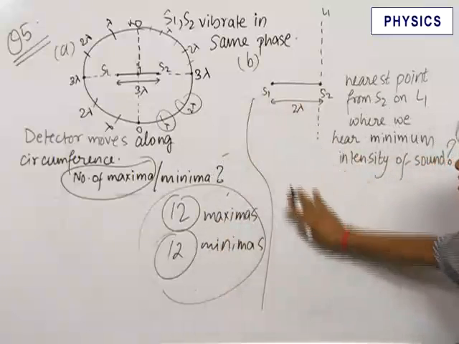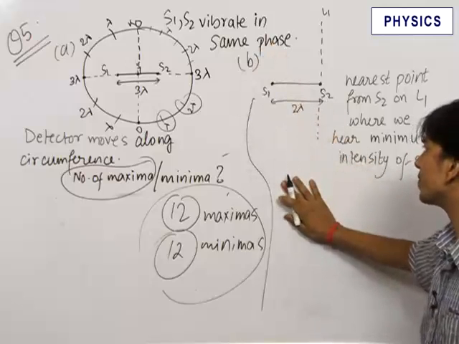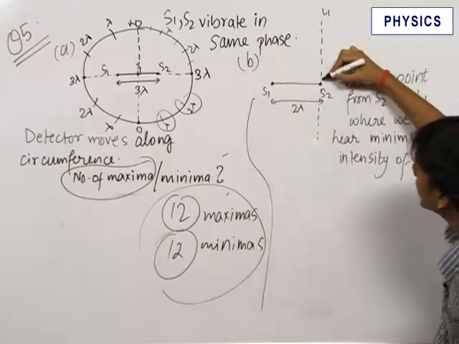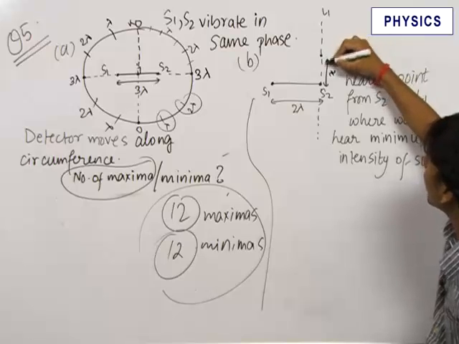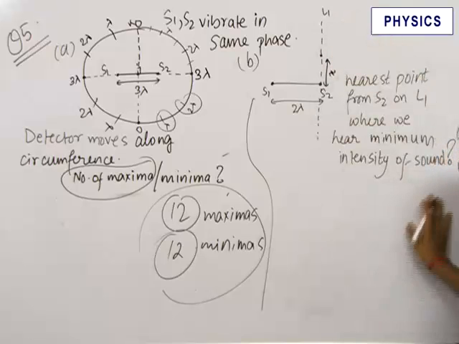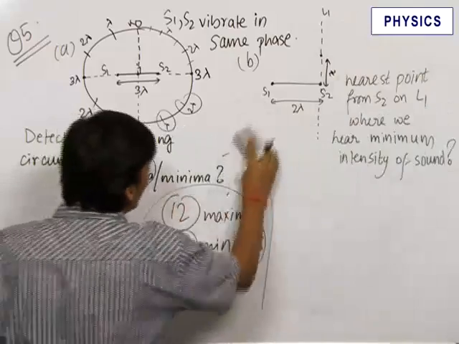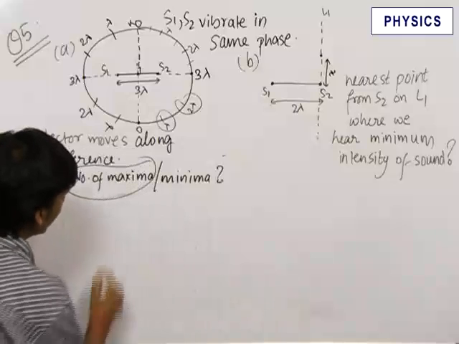For the B part of the question, we have another two sources S1 and S2, again vibrating in the same phase. The distance between them is given to be 2 lambda. We need to find the nearest point from S2 on this line L1 where we hear minimum intensity of sound, that is, we have a minima. So for finding out that,